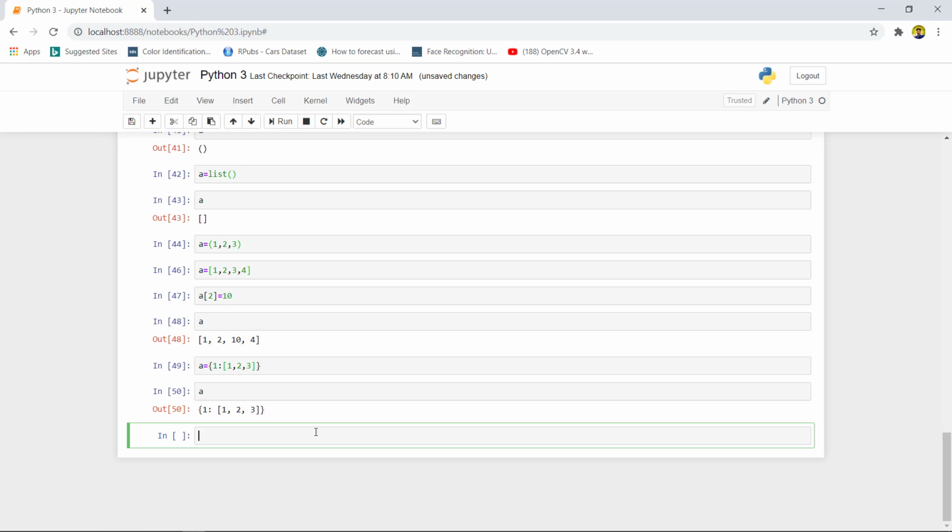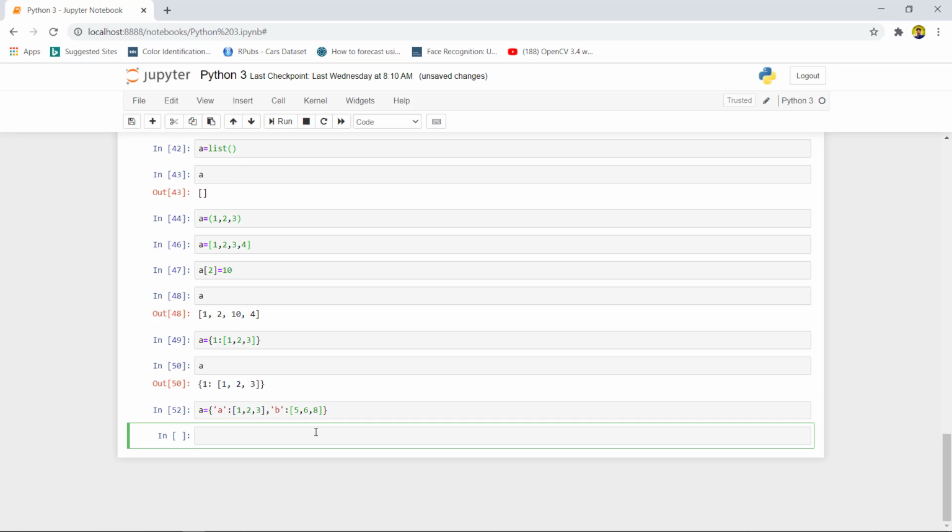Now if you want alphabetical keys, you can create a dictionary again and use alphabets in place of integers. Like we create a equals, key a colon, a list 1, 2, 3, and then again a key b with the list 5, 6, 8.